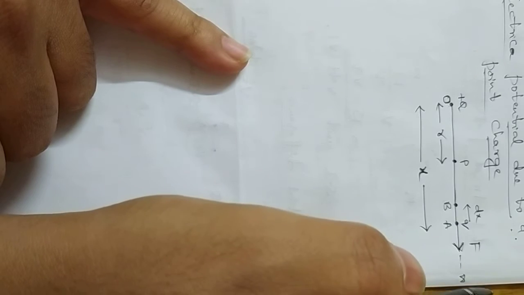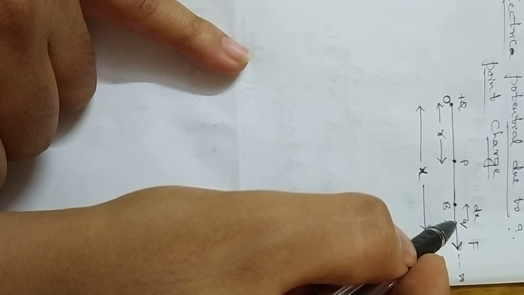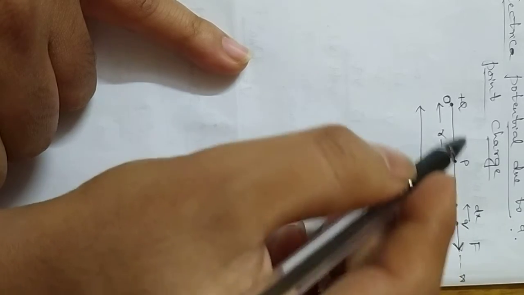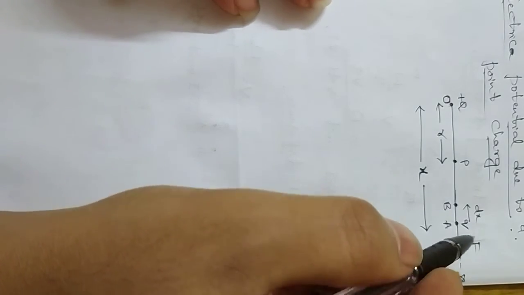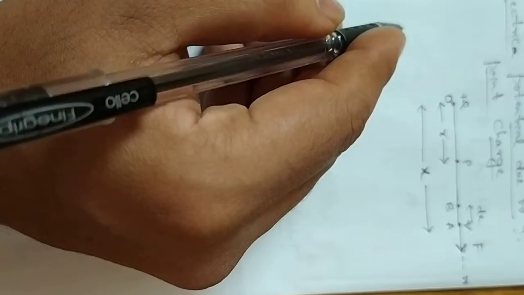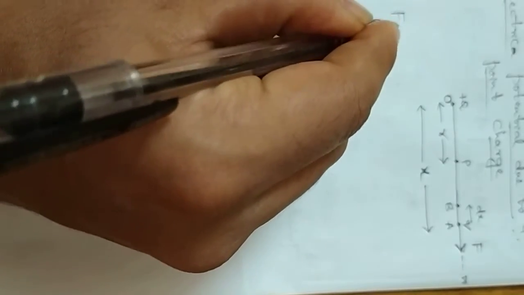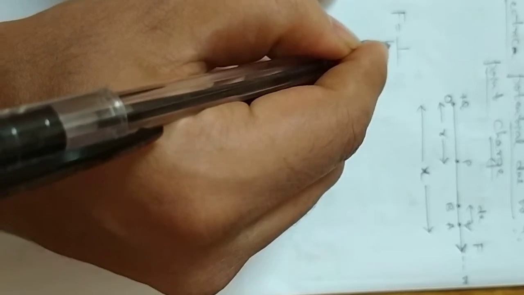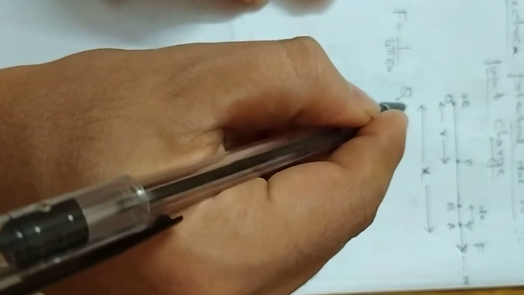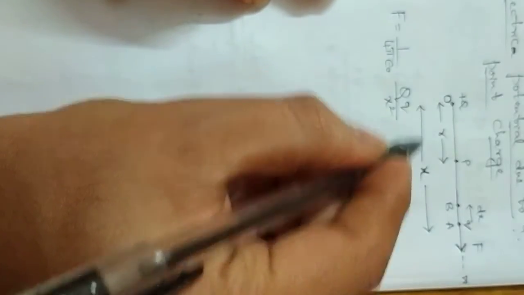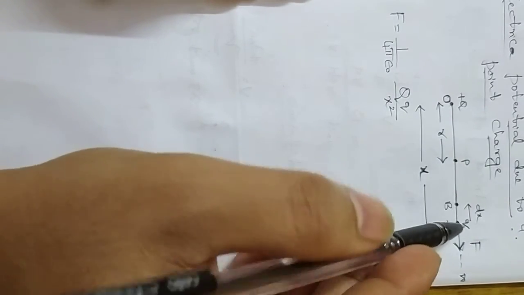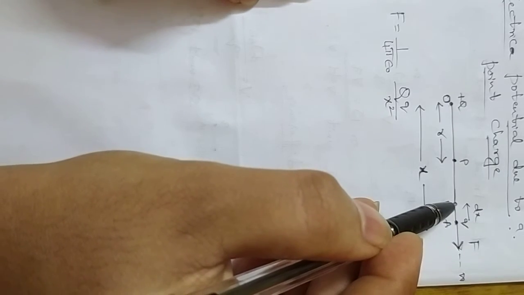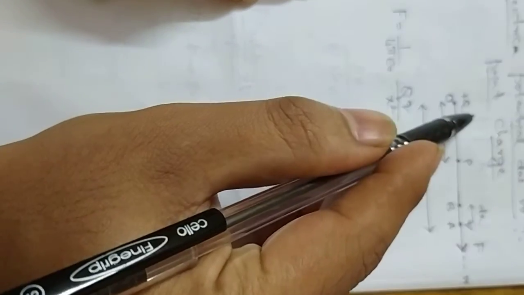So as of now, let us say that the test charge is placed at A. So since the test charge and source charge are positive, it experiences a force of repulsion and it moves towards the right side. So that electric force of repulsion can be written in the form of Coulomb's law, that is nothing but equal to 1 by 4 pi epsilon naught into capital Q into small q divided by x square, because x is the distance between the source charge and the test charge. So next we need to move this test charge towards the left, that is, I need to move this test charge from point A to point B, against the electrostatic force of repulsion.